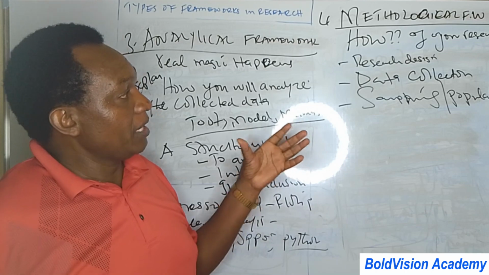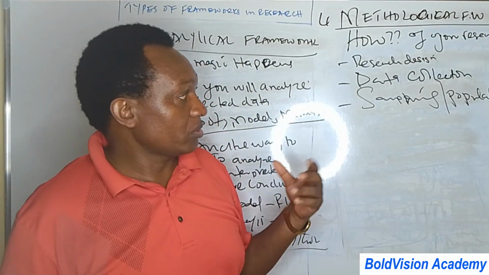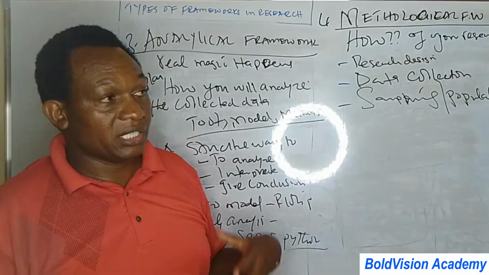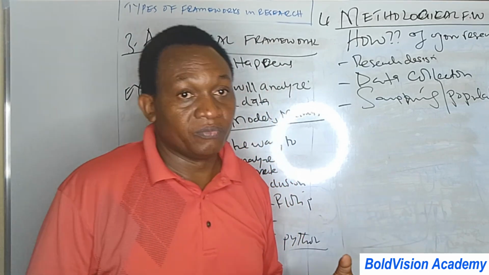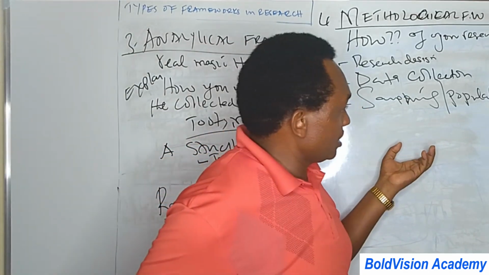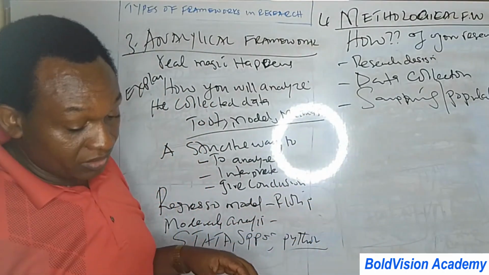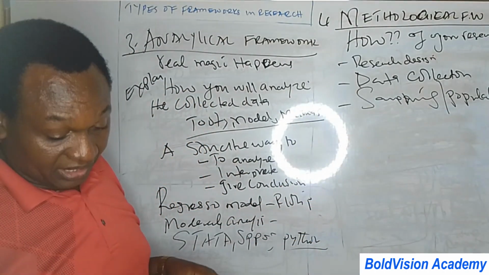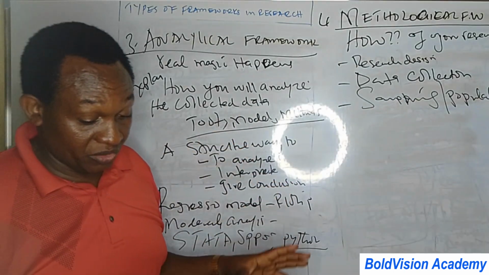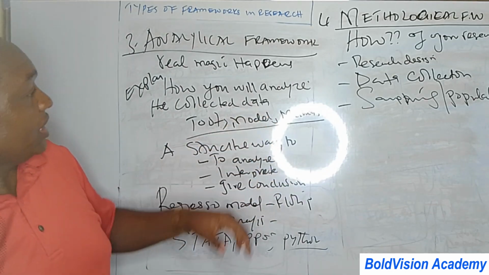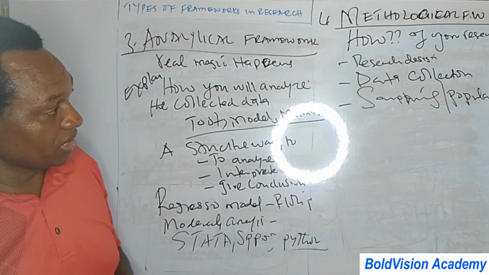If you fail here, it means you will analyze wrong data, you will collect the wrong data using wrong tools, and therefore your data will not be reliable, your conclusion will not be reliable in making an organization's concrete decision. So that is very, very key for a researcher to understand how it is going to affect and have an implication in your research.